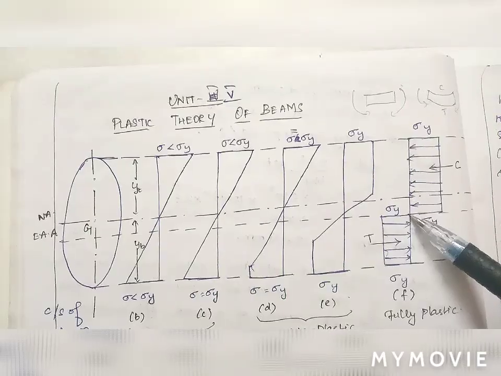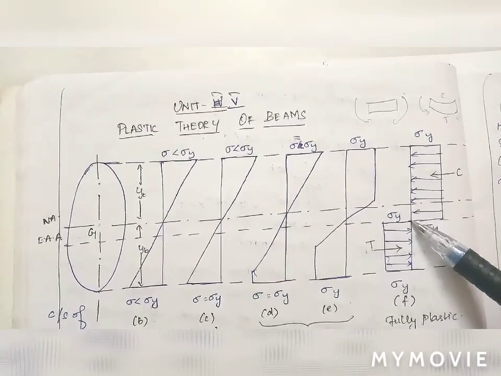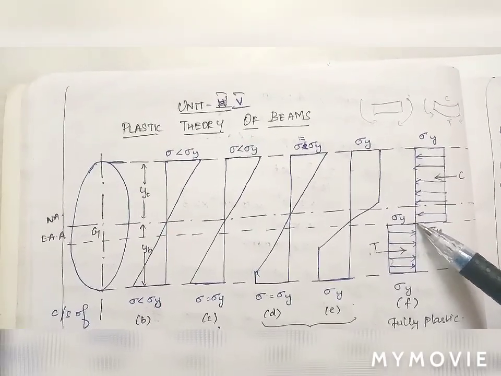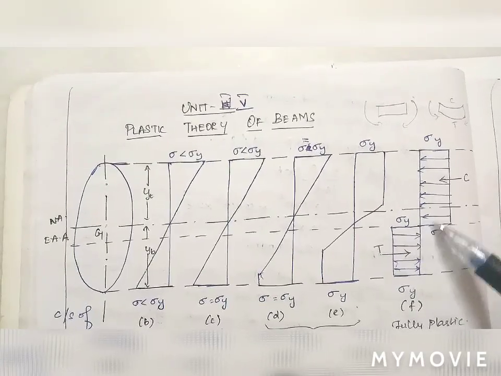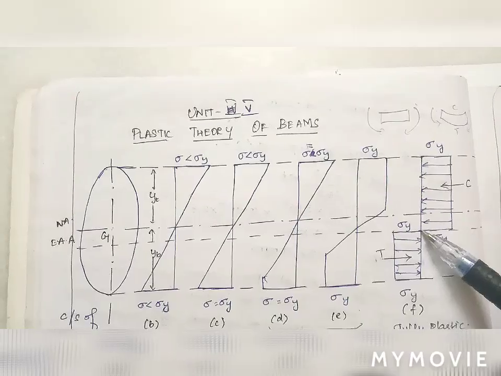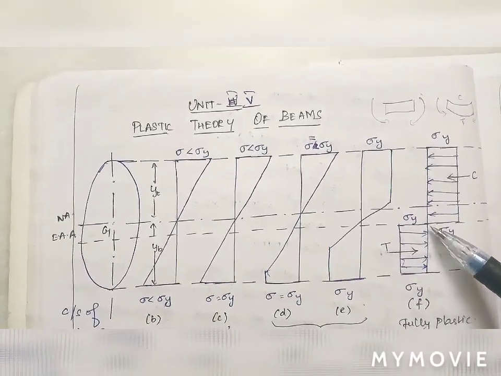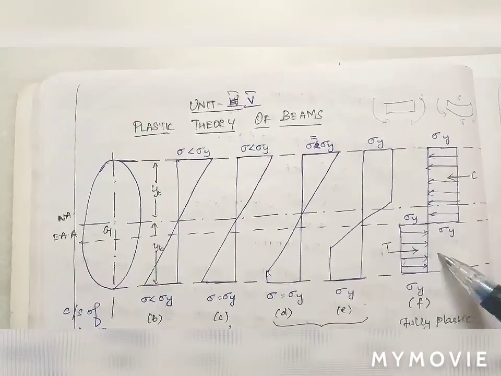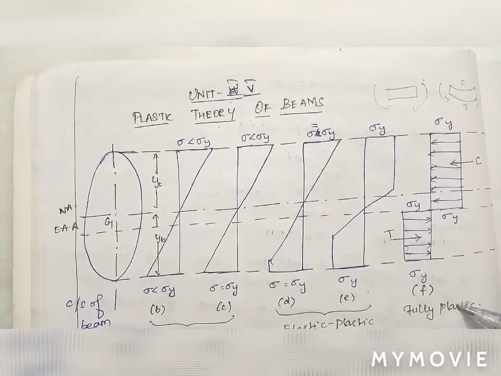Here complete yielding takes place, and the member is subjected to fail due to large rotations which take place above this hinge. This is known as a plastic hinge. The member fails above this hinge and large rotations take place above this point. This hinge is known as a plastic hinge, and the moment about this point, in this fully plastified section, is called the plastic moment.